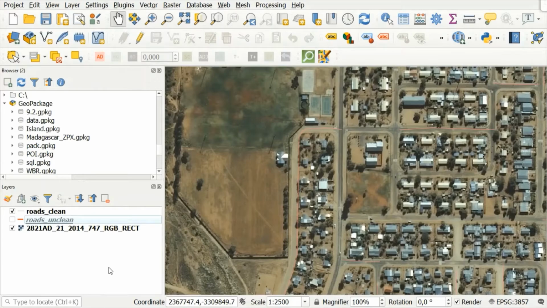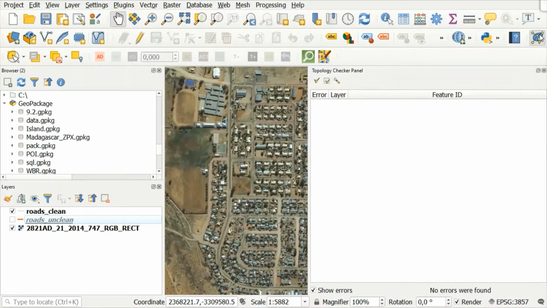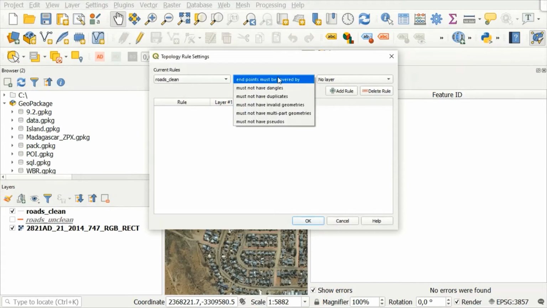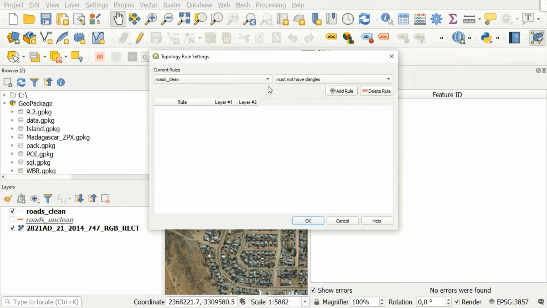So now for our part 2, we are going to be checking other topology errors. So again, using the topology checker plugin, we are going to configure it to check for the following errors. So we have dangling nodes, invalid geometries, multi-part geometries, and pseudos. So let's go to our topology checker. Go to the configure icon, and we are going to use our roads clean layer. Firstly, we are going to check for dangling nodes, add that rule,